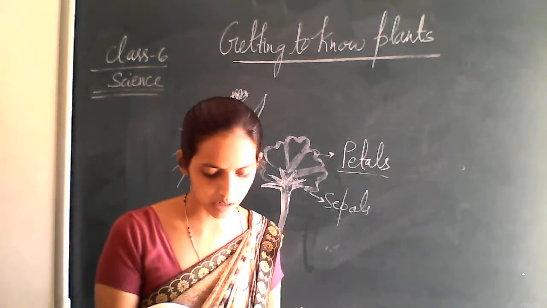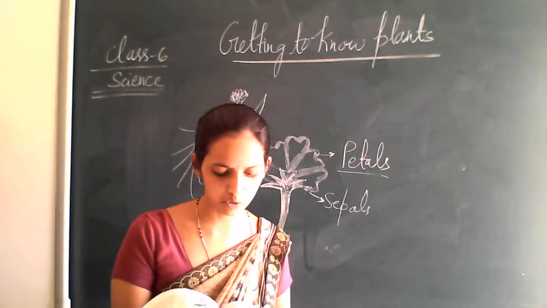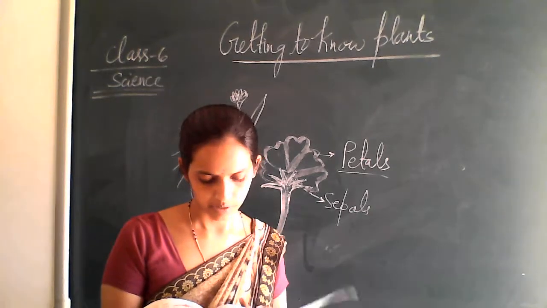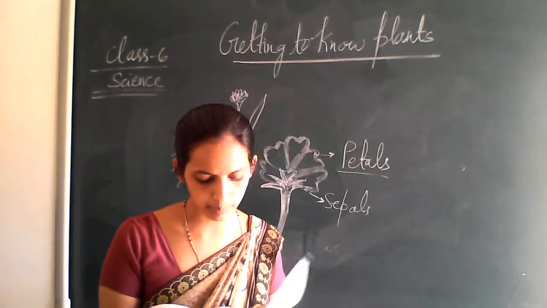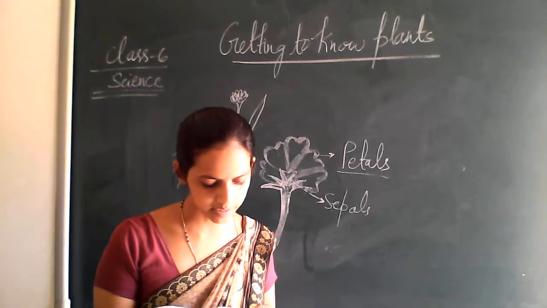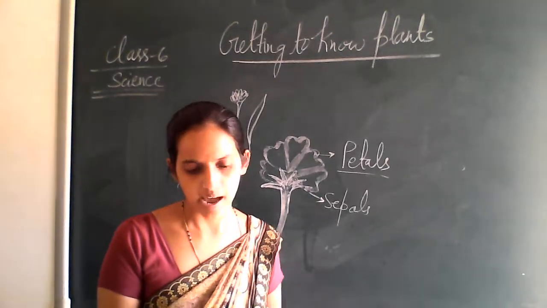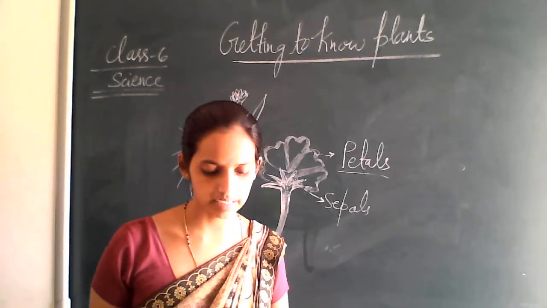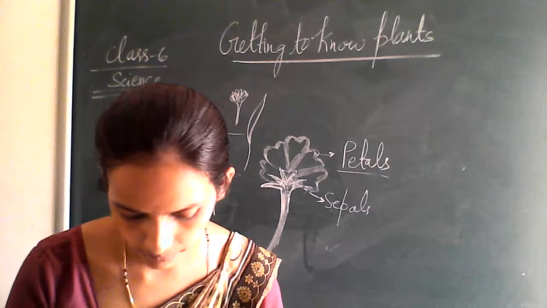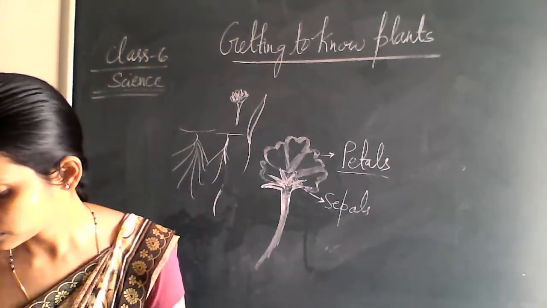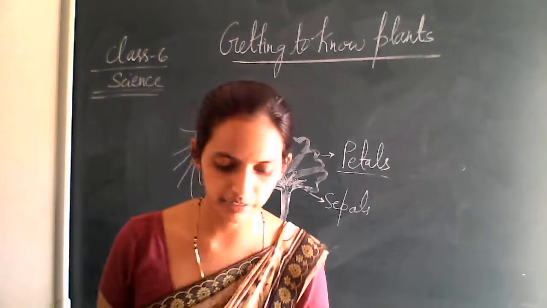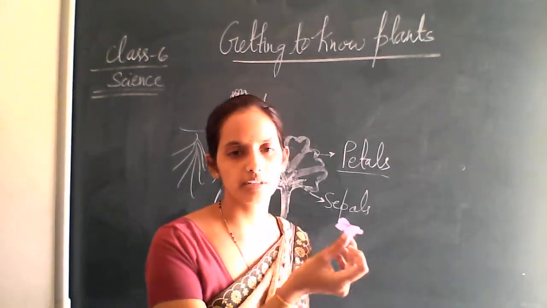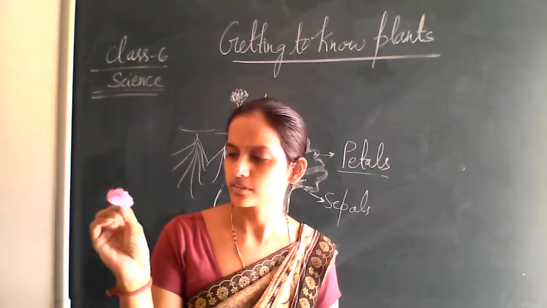To see the inner parts of the flower clearly, you have to cut it open if its petals are joined. For example, in Dhatura or the bell-shaped flowers, the petals have to be cut lengthwise and spread out so that the inner parts can be seen clearly. Okay, so if I am taking the flower, have you seen this type of flower? So generally we call it Sada Bahar.